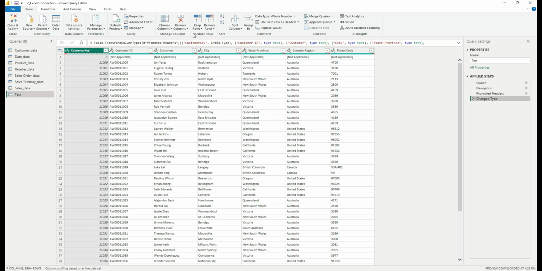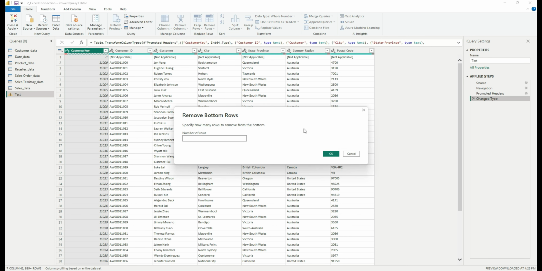And in some cases there will be two headers, or there will be seven or eight rows that come with a lot of header details, like when the file got generated, or through different CSV formats. Where it has multiple header formats, you can use this option to remove those records. If you click on remove bottom rows, you can remove n number of rows from the bottom of the